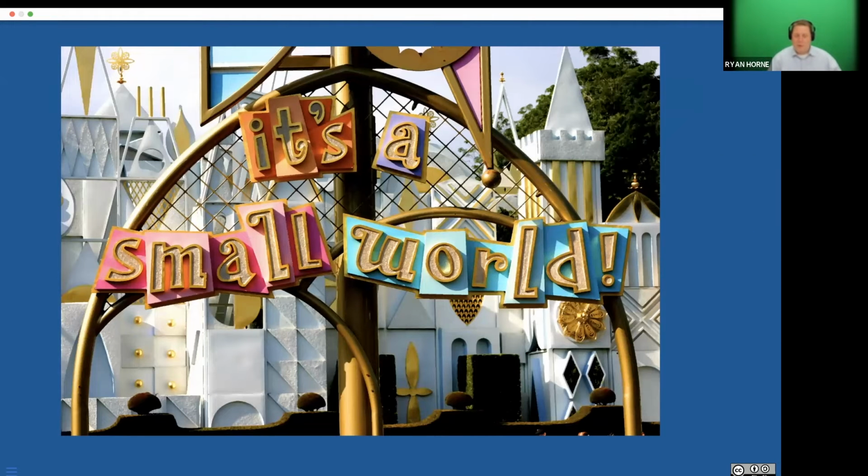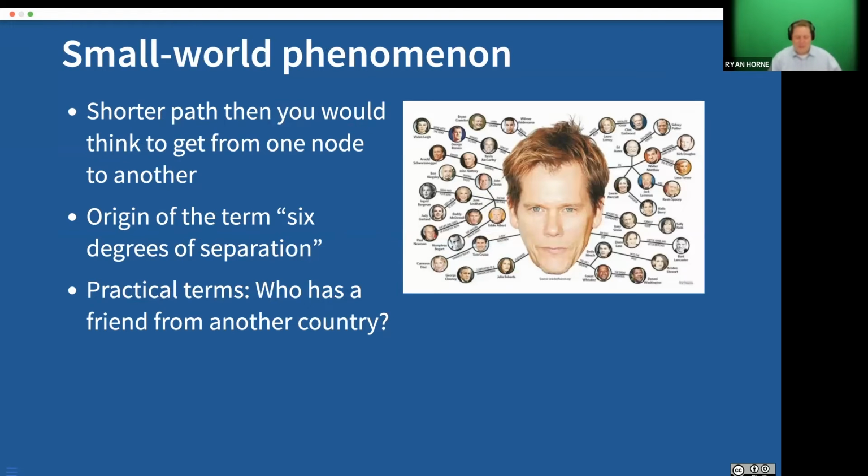Has anyone heard of the small world phenomenon in terms of graphing? I don't see any hands. I don't see any checks. I hear one. Yeah, okay, there's one yes. And brain networks. Okay, how does that work within a brain network? Well, I didn't think you could explain it. Fair enough. I'll explain it with